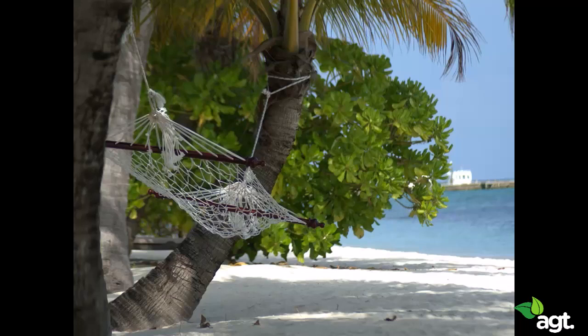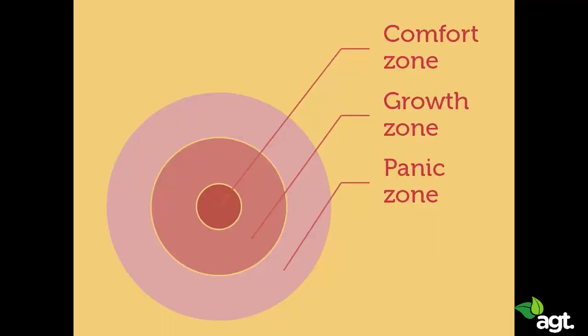If we are in a state of relative comfort, we perform at a steady level. But in order to maximize our performance and grow, we need a state of relative anxiety, a space where our stress levels are slightly higher than normal. This space is called optimal anxiety, or growth zone, and it's just outside our comfort zone. Too much anxiety and we're too stressed to be productive, and our performance drops sharply.